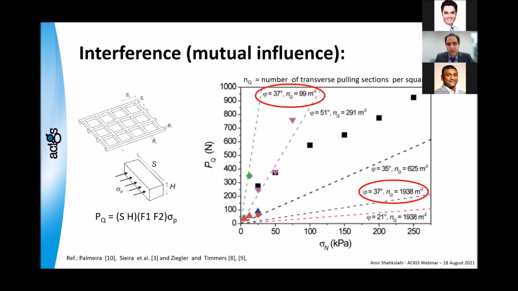And you remember we talked about this P force. This is a very interesting graph. If you look at P versus sigma n, on top, the 2 circles, you can see the phi for the soil is the same, but the number of ribs is more for the circle at the bottom, and it shows the effect on P. This graph also shows the effect of phi, because if we have the same number of ribs but the phi value is less, you can see the graph goes underneath the blue one, so it goes down.